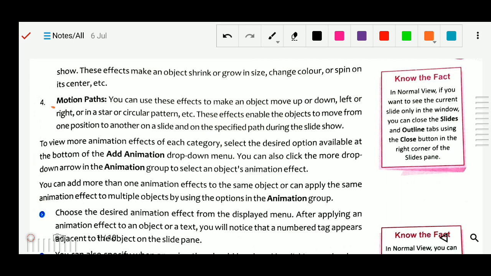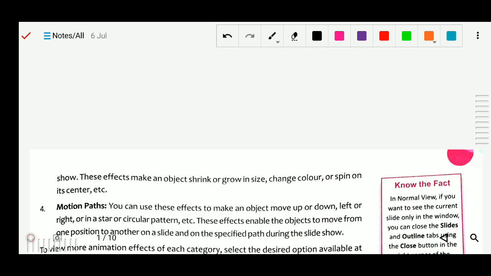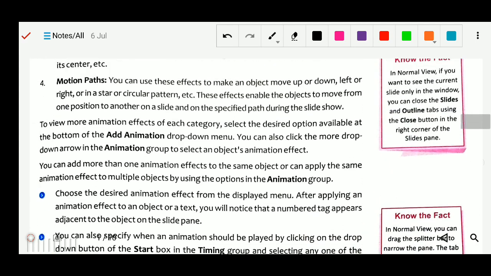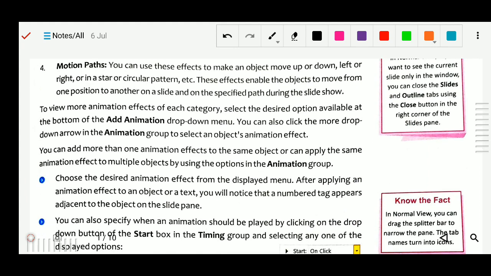So motion path is nothing but giving a special path to the object: in which manner it will move, from where to where, what the movement is. All these things we can decide, because in animation objects move around all over the slide. We provide the path, the direction, the area, from where to where it will go. That is the motion path.